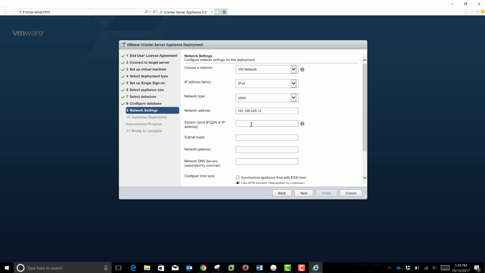You don't want to have any IP conflicts. They would recommend that we have a fully qualified domain name, but you can just use the IP address in the previous field. Subnet mask, we know we're going with a class C subnet. The network gateway is